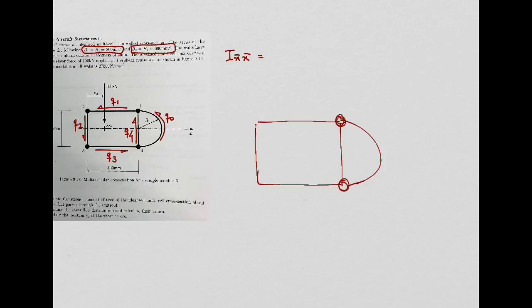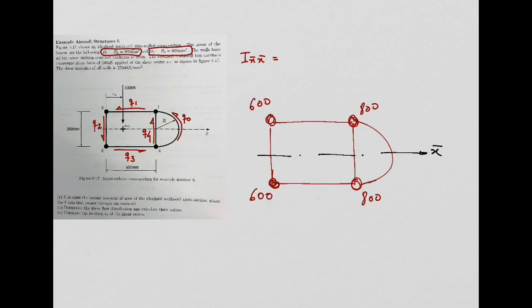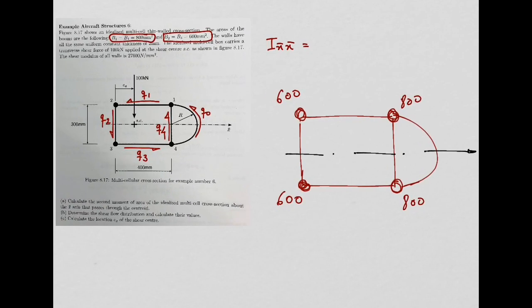So you have these two booms here with areas of 800 square millimeters. I can put it like this, and these other two booms here with areas equal to 600 square millimeters. This is the axis, the neutral axis, our x bar axis. So for the second moment of area, we need the distance of these booms to the neutral axis. That distance is quite easy. So from here to here,